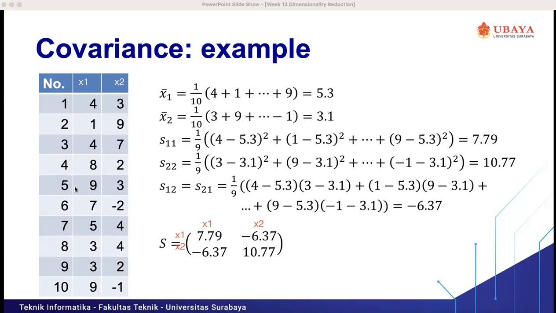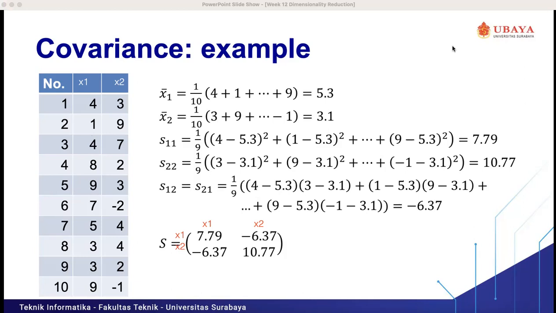Any question about how to calculate the covariance matrix? No. Okay, so actually if we use the scikit-learn library, we don't need to calculate it manually, we can just call scikit-learn using PCA. But we also need to know how principal component analysis works, because as a machine learning engineer, we will not only learn how to code the machine learning model, but we also need to understand how the machine learning model works.